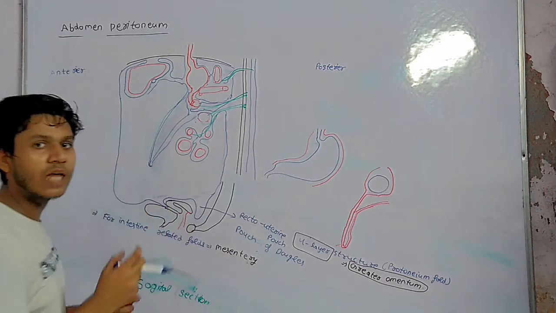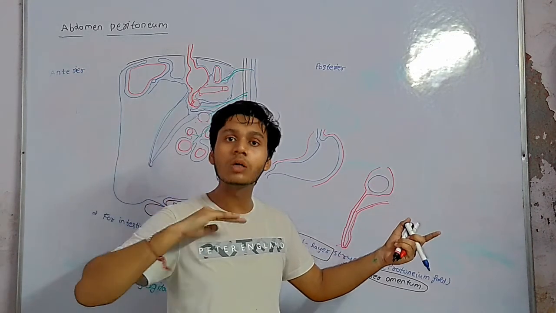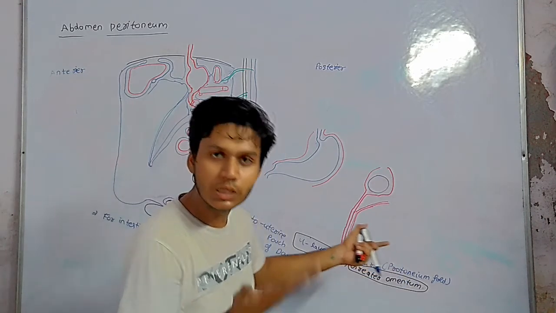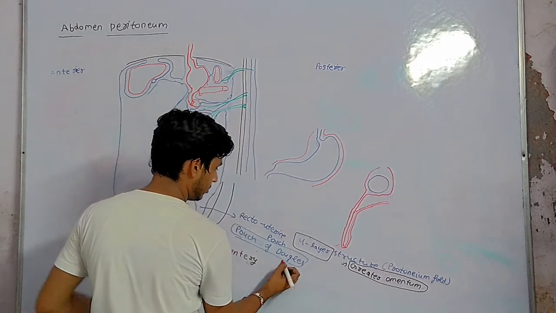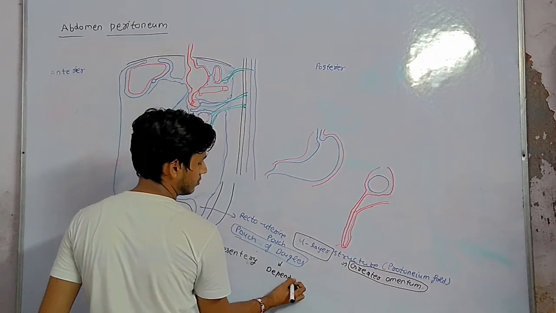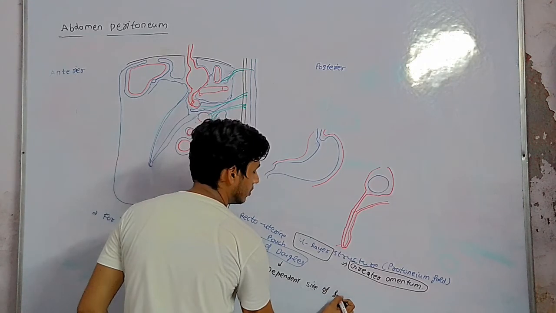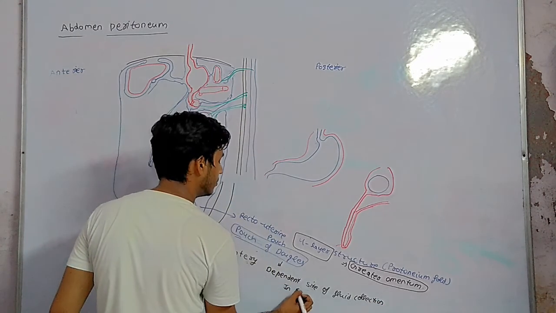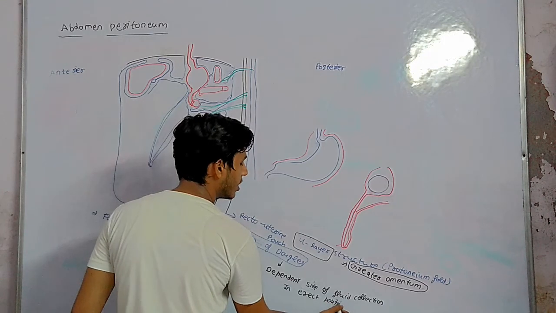The pouch of Douglas is the dependent site of fluid collection in the erect position. Remember, last time we covered that in the supine position, Morrison's capsule, behind the liver, is where excess abdominal fluid collects. But in the erect position fluid collects in the pouch of Douglas, the dependent site of fluid collection in the erect position. In supine, it is Morrison's capsule.